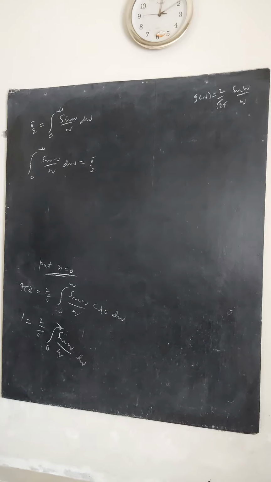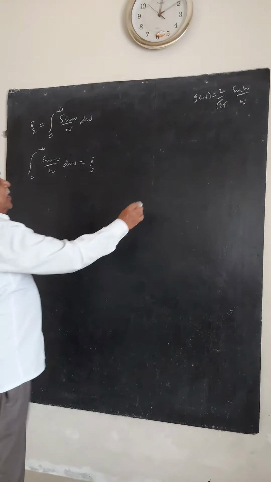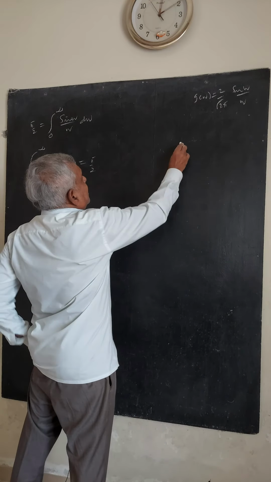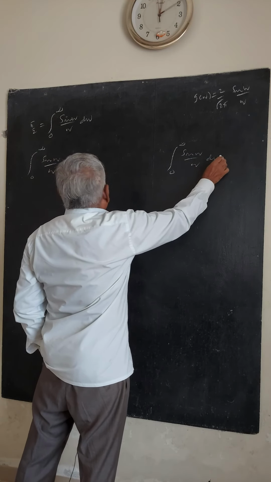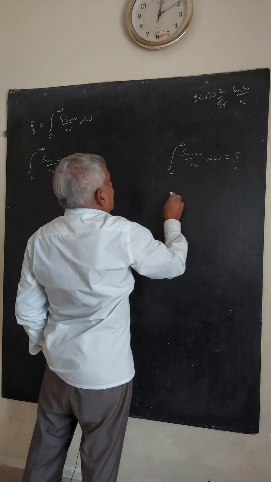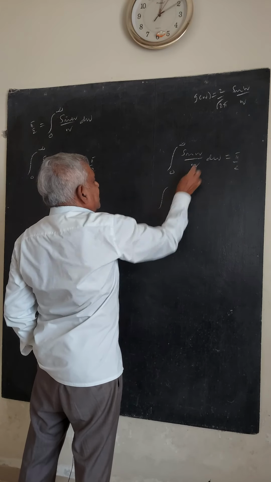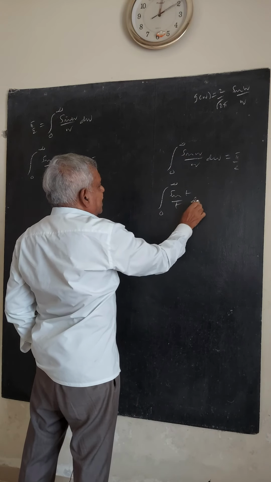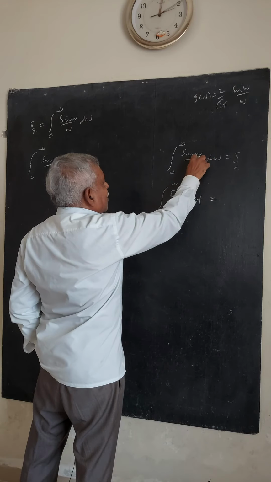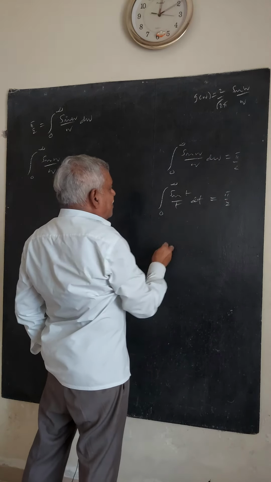But we have given the dummy changing. You must know first the meaning of dummy changing. See, integral 0 to infinity sin omega by omega d omega equal to pi by 2. You can change, instead of omega, any variable: 0 to infinity sin t by t dt. Instead of omega, in all places we have given t. That also is pi by 2. This is called dummy changing.